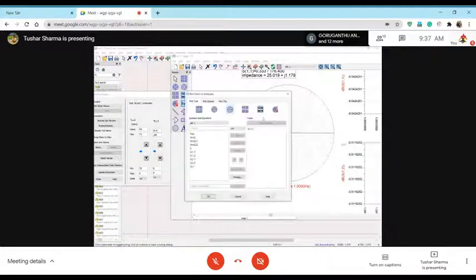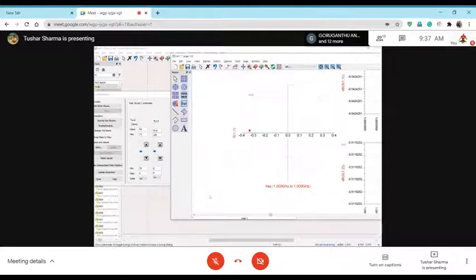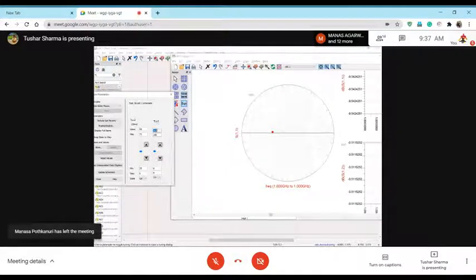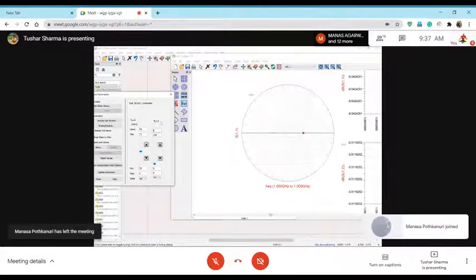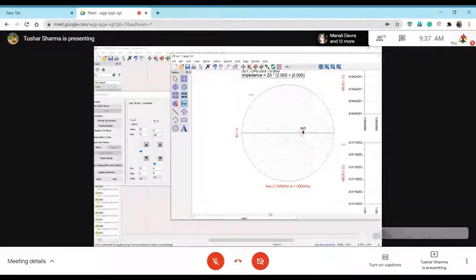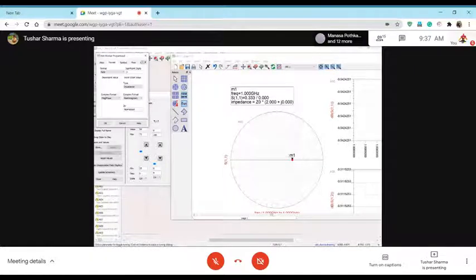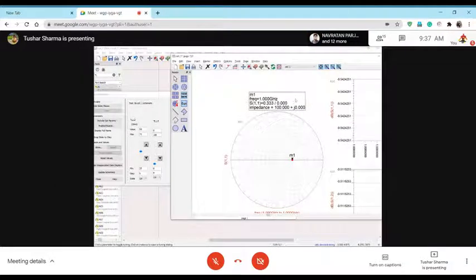Let me show you here. So what is happening here again? I want you to understand this concept very clearly, because this is something many people don't understand. So let me put again here. First of all, this is a Smith chart. Have you guys ever heard of Smith chart or never? Yes. Okay, good.